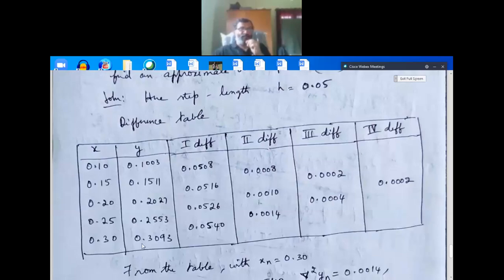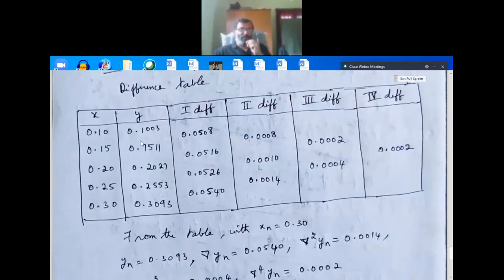Y value, write all the y values. When x equals 0.10, these y values, you know how to write it, I need not say. First difference, 0.1511 minus 0.1003, that is 0.0508. Just verify. 0.2027 minus 0.1511, 0.0516. 0.2553 minus 0.2027, 0.0526, write it in the middle. 0.3093 minus 0.2553, 0.0540. Similarly, now going to second difference, 0.0516 minus 0.0508, that is